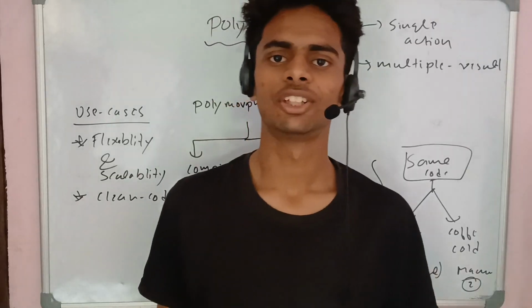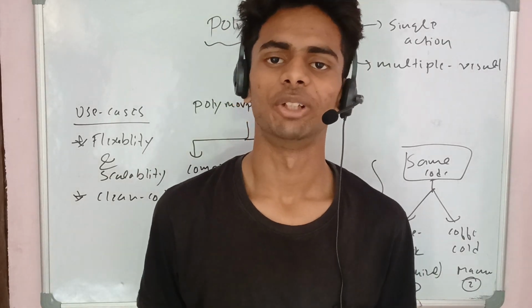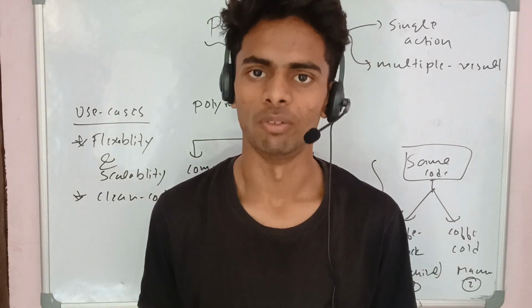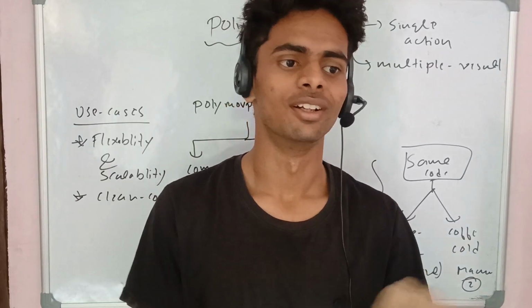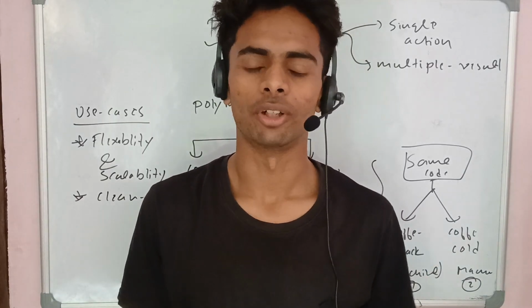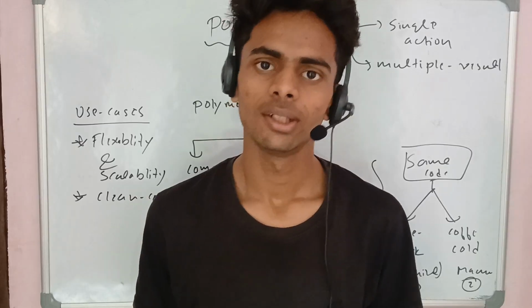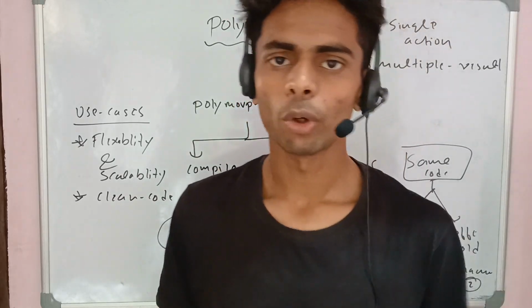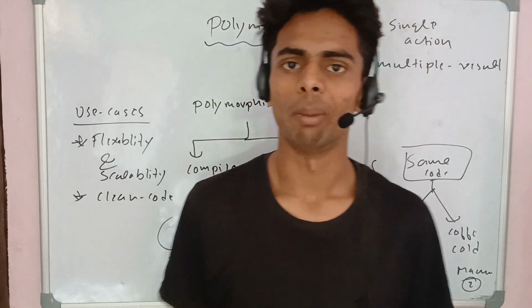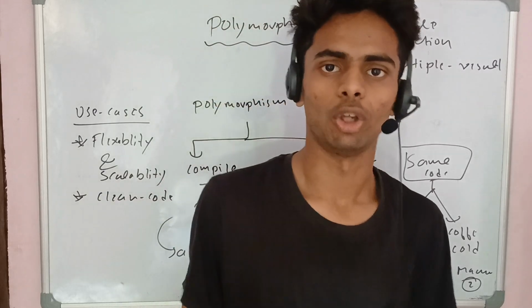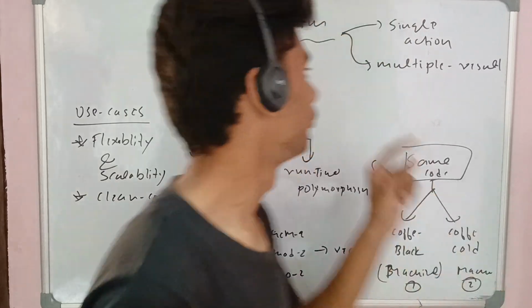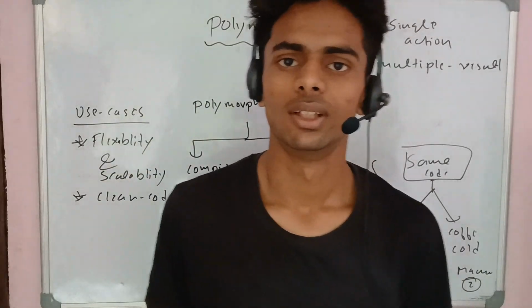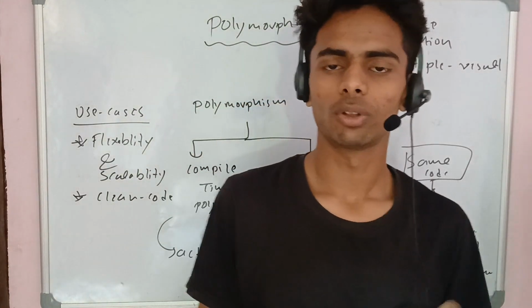Let's come to agenda number two, and in this agenda we talk a little bit about polymorphism. Polymorphism is again a very important OOPS principle, and it is an important part that we are going to discuss today. When we're talking about polymorphism, I give you two magic words to understand it: the first one is action, and the second one is multiple results.